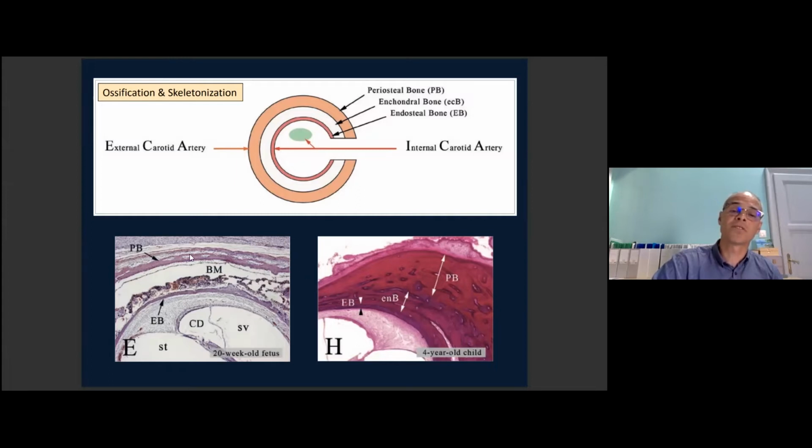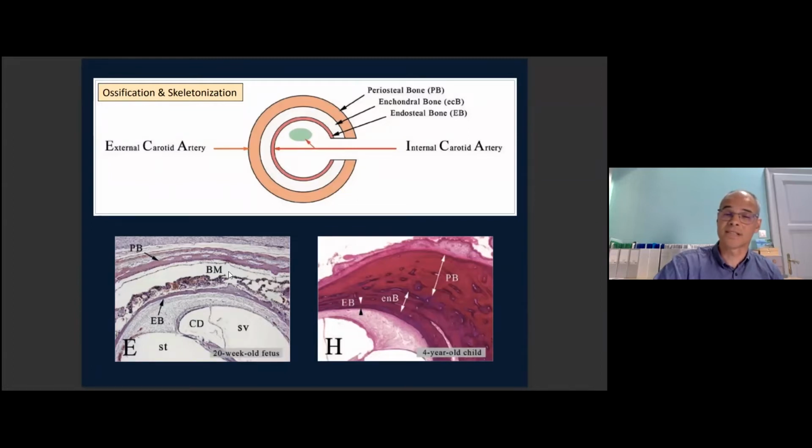The first ossification can be found outside, just below the mucous membrane of the tympanic cavity. On the inside after that, the endosteal bone, and between both layers, in a 20-week-old fetus, we can find just a hole. It contains bone marrow, and this bone marrow produces